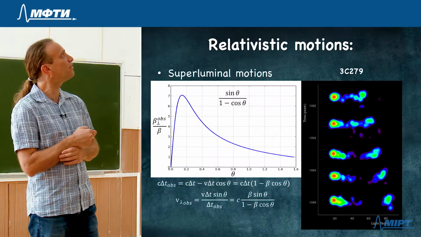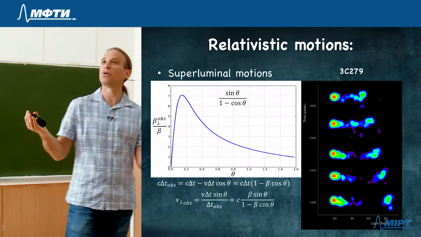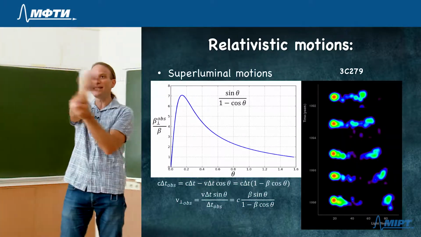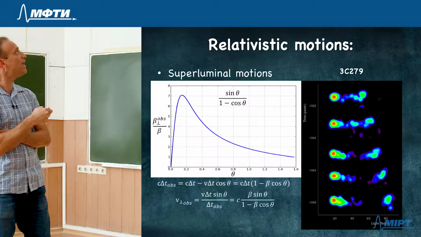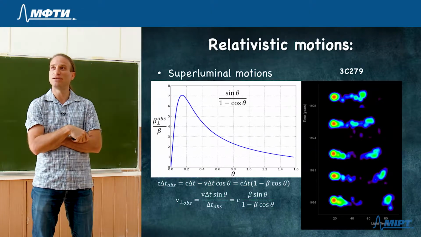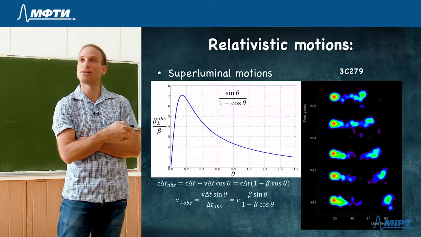So beta observed divided by beta is 1, so beta perp observed is just beta. At any angle between 90 and 0, we should see a beta observed which is actually larger than beta. And the peak of this